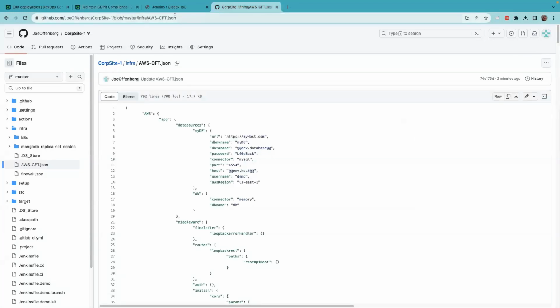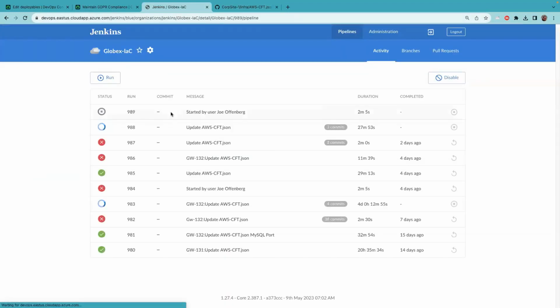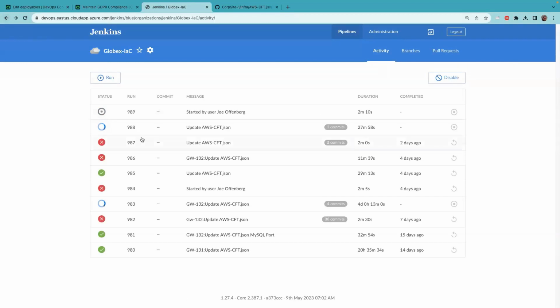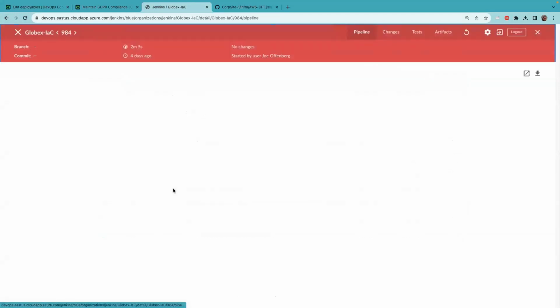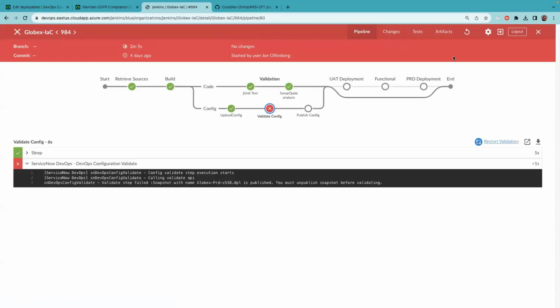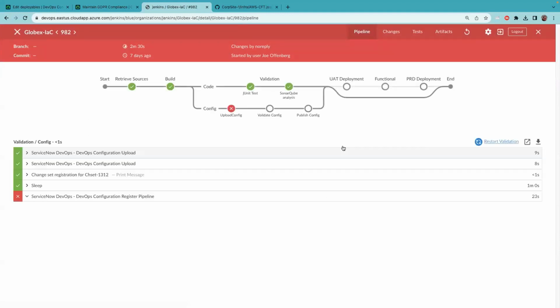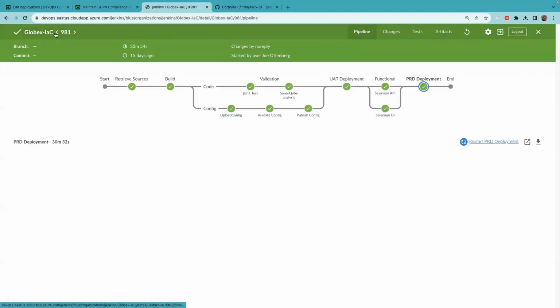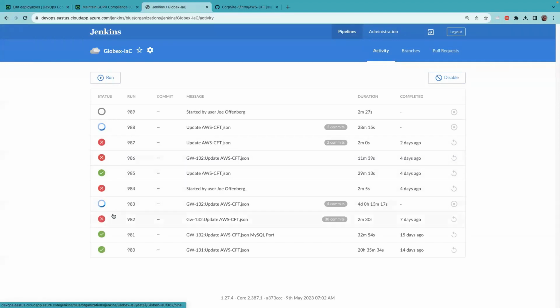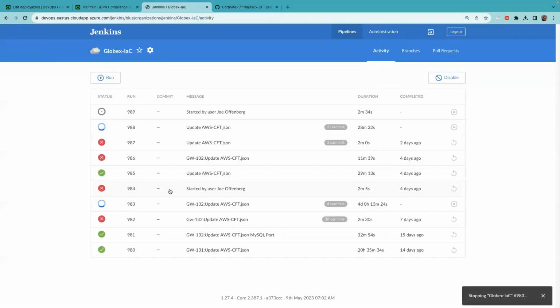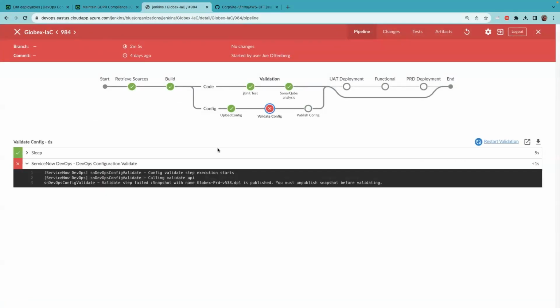So what happens now when that pipeline runs and reaches a point, this one's waiting for a queue. That means there's too much running here. Let me show you a previous one here, like this one. When it reaches a point where something fails, nope, not that one. Let me cancel one and we can get this one to run correctly. When it reaches the point where something is validated,